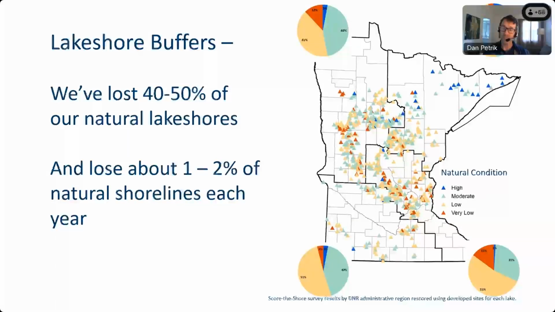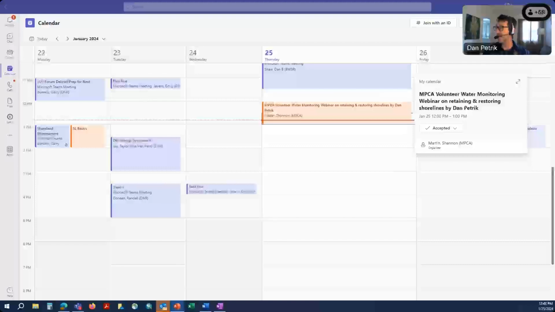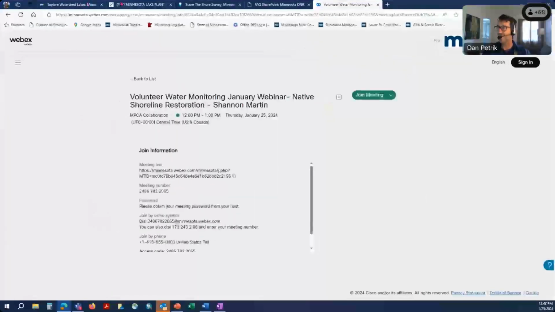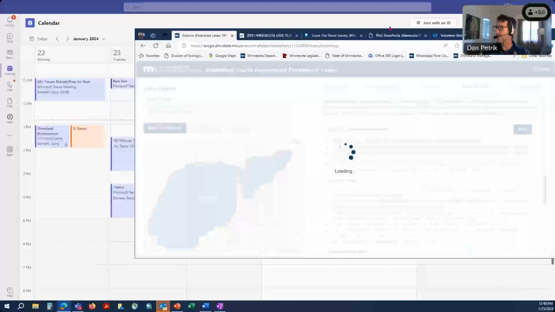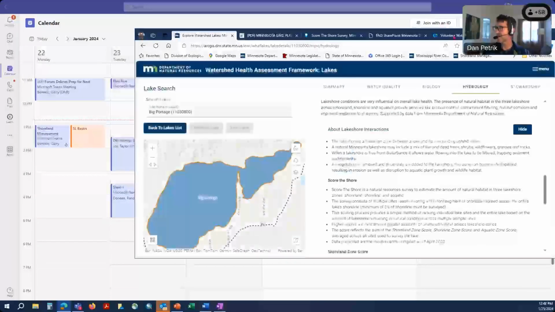Someone was wondering, is there any wider initiative for shoreline assessment than Score the Shore? Well, the DNR has a great tool. It's somewhat complicated to use, but it's our Watershed Health Assessment